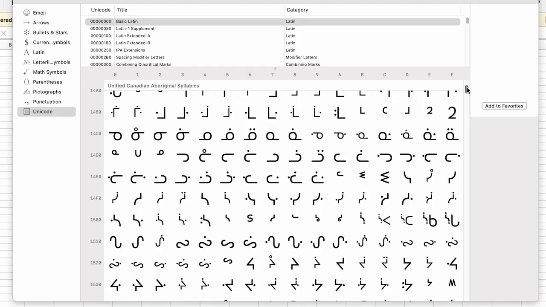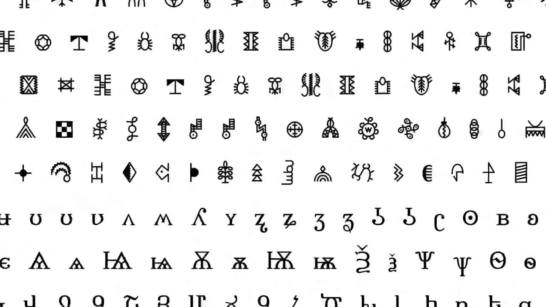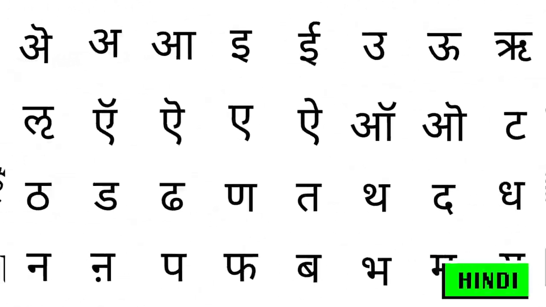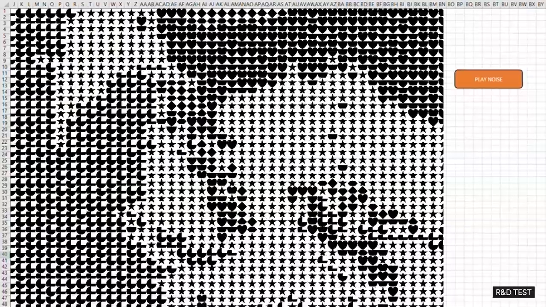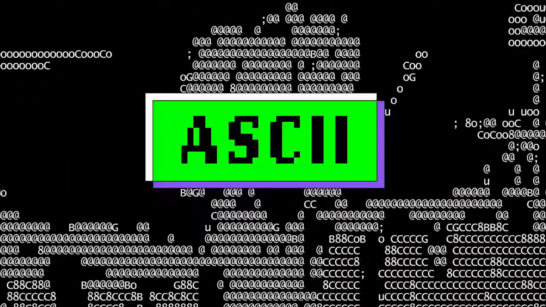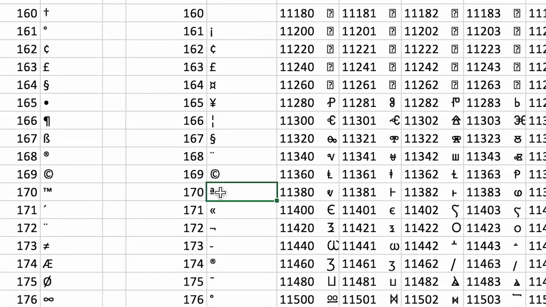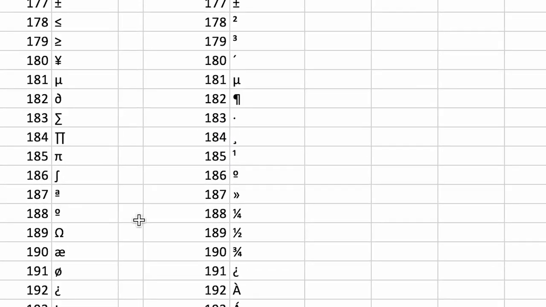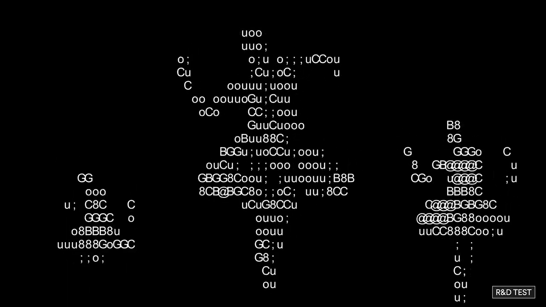Unicode is a set of alphabets used within spreadsheets. It covers a huge range of languages, from widely spoken ones like Spanish and Hindi to obscure ones like Tifinagh, Linear B, and Old Hungarian. The characters from these alphabets became data we used to craft visuals. ASCII is used within formulas to manipulate and process text data efficiently by converting characters into numerical values. We used it as a visualization tool. The ASCII characters were arranged in specific patterns to create images.